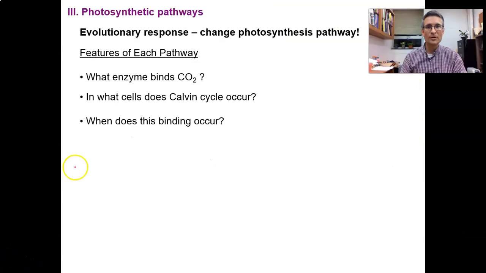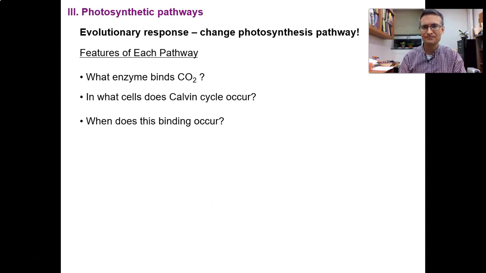Well, physiological adjustments of stomata diameters and developmental changes in the number of stomata are great ways for plants to balance this trade-off between CO2 and water. Sometimes we need something that's a bit more substantial than what we can do through these mechanisms. And therefore, plants have evolved different photosynthetic pathways. You may have heard of some of these different pathways. I'll do a quick summary of these different pathways, but again, I'll focus a little less, hopefully, on the biochemistry of the pathways and a little bit more on why the pathways are evolving as a response to managing this trade-off between water